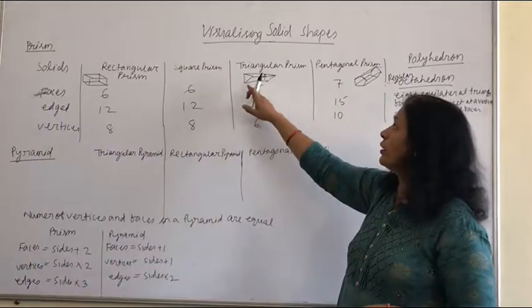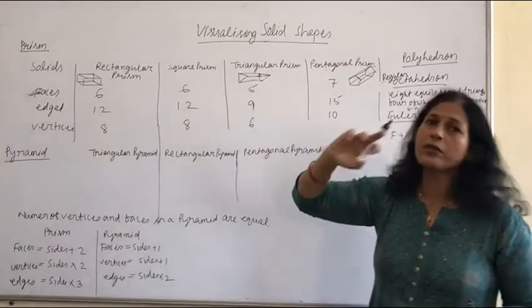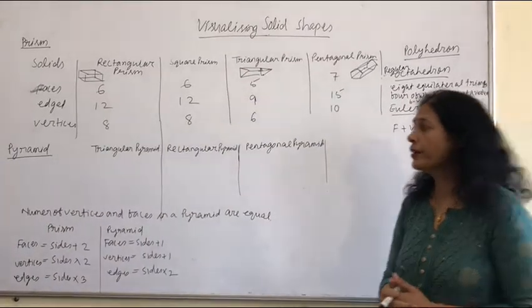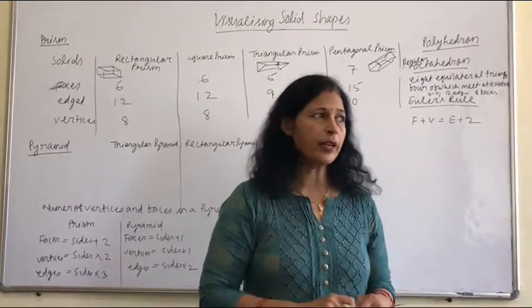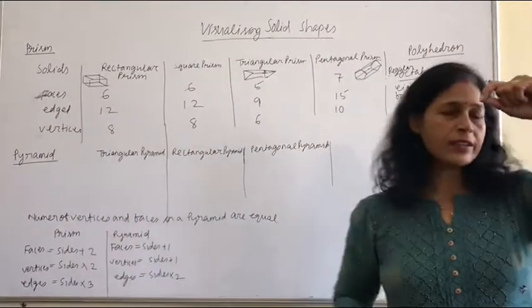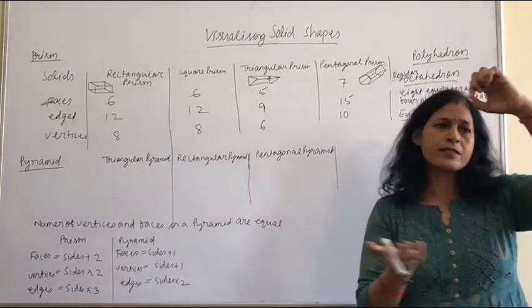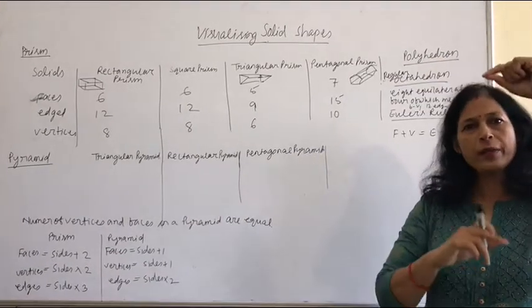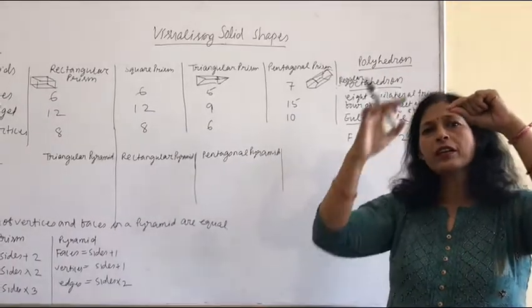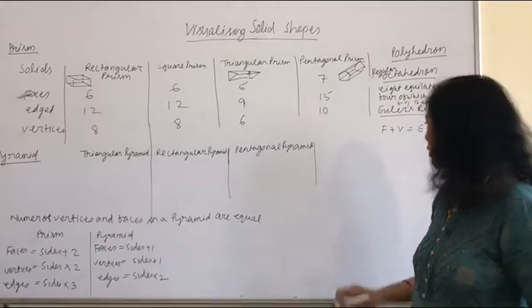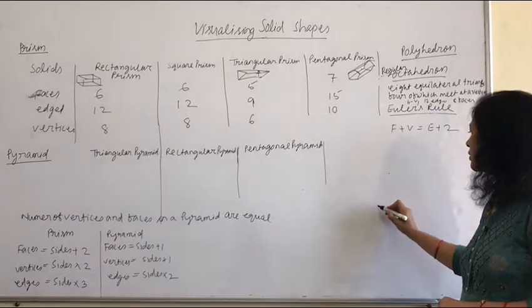You know that the base is different, and the prism is named after its base. Similarly, now come to your pyramid. What is a pyramid? In a pyramid, all the triangular shapes meet in one point, with one shape as the base. You join the base to one point. So that's why these are triangular shapes. Clear? Suppose this is your point.